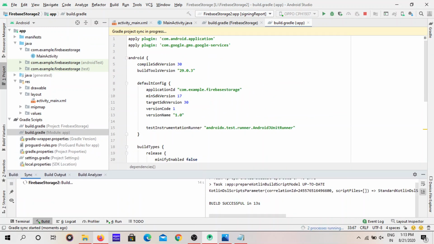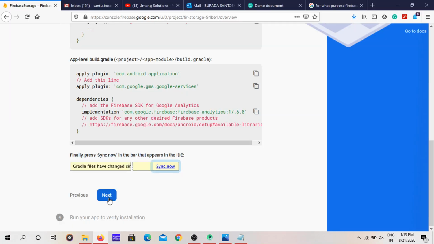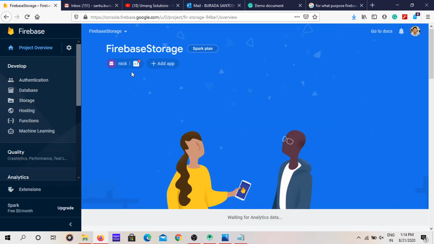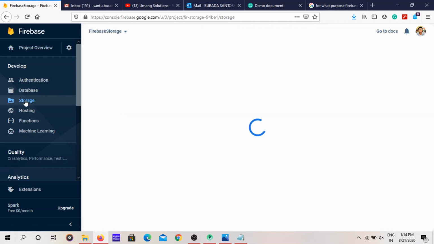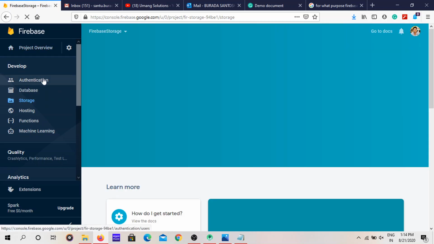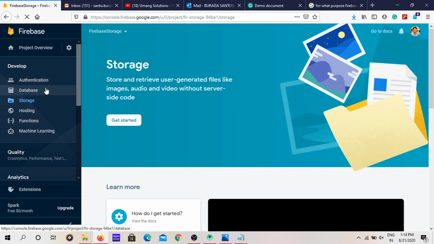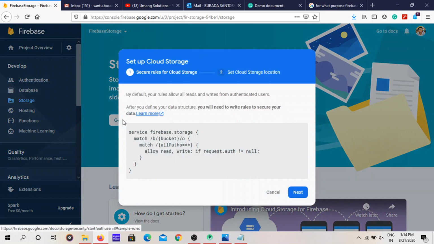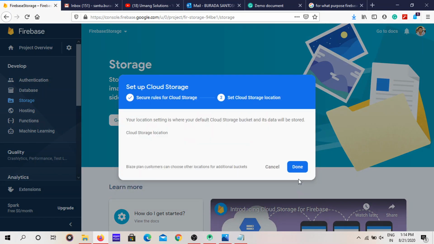Meanwhile, we can click on next, and now it is communicating with our app, but this step is not required. You can skip this step and go to the storage. We are already done with authentication and database in our previous videos. You can also watch these. Okay, now click on get started, click on next, click on done.